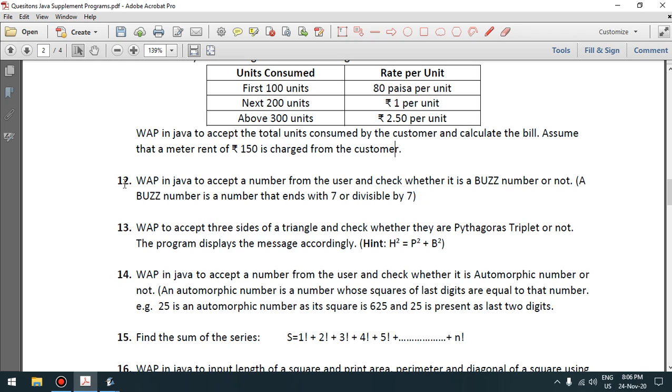In this video we will discuss the 12th program. It says write a program in Java to accept a number from user and check whether it is a buzz number or not. The definition of a buzz number says a buzz number is a number that ends with 7 or is divisible by 7. This means numbers like 77 is a buzz number because it is ending with 7, the last